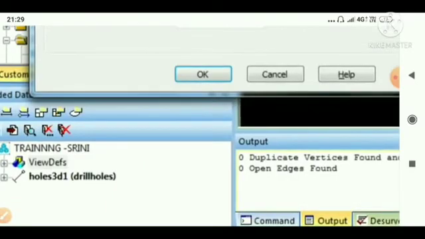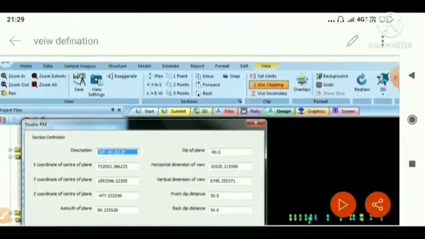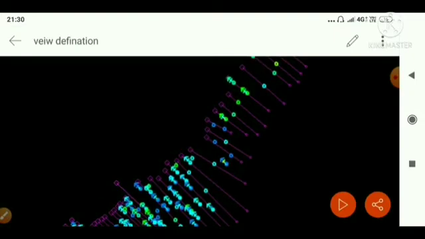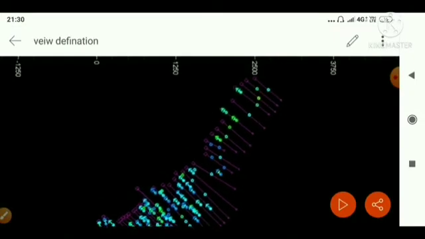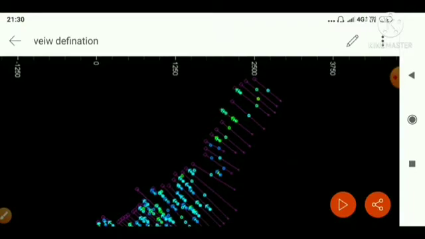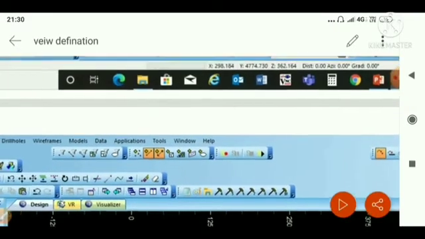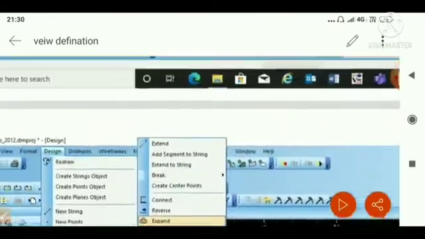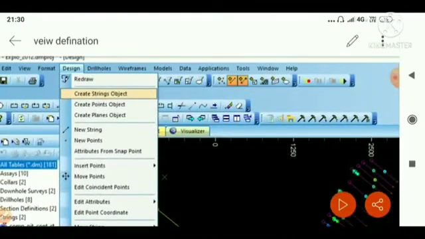Here we can see the view definition file in loaded data. After right clicking on the view definition file, we will save it as a file. The file will come in the section definition folder, which will be saved in the project menu bar. Here we can see how we have prepared our section lines. So by the offset command and the expand command in determine, we can create our section